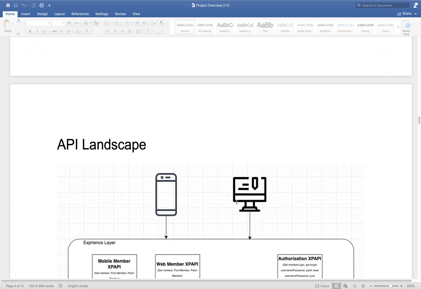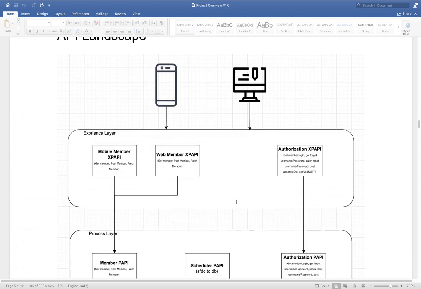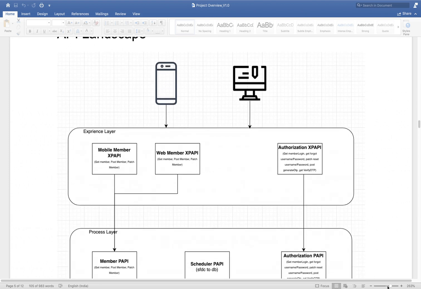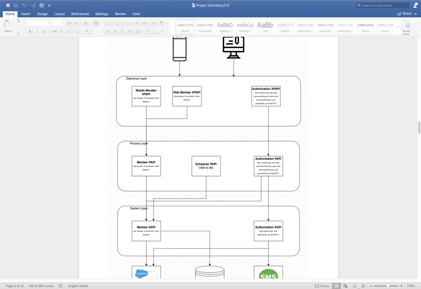In the initial phase I created 30 APIs, but later I realized there were a few APIs doing the same work. If you are following this API-led architecture, then you should think about reusability of APIs. If you can maximize the reuse of APIs, you should follow that. You should not unnecessarily create multiple APIs.